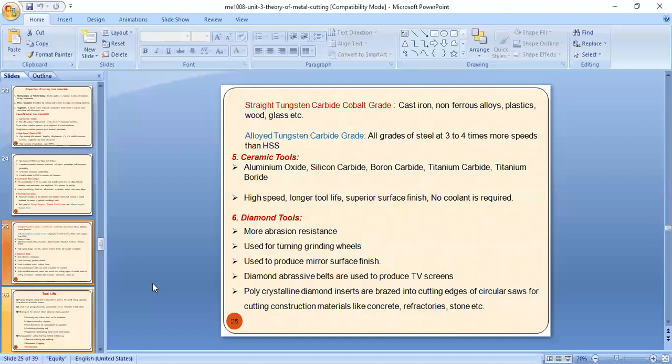So what are the cutting forces? Vs is the shear velocity, and Vc is the cutting speed. And what is t0? t0 is the uncut chip thickness. What is t? t is